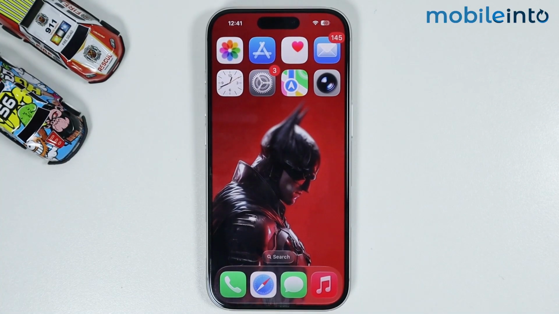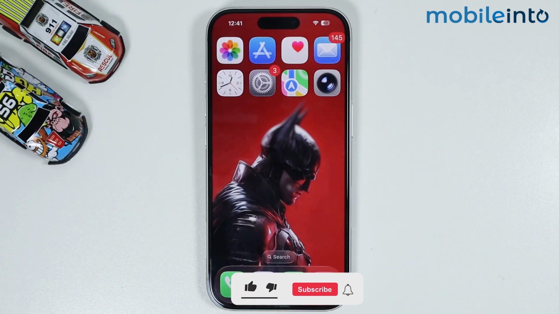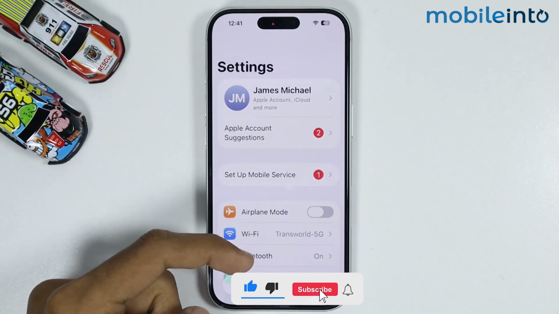Hey, what's up guys? So in this video, we will see how to fix action button mute is missing on any iPhone. Now, if the mute option is missing on the action button on your iPhone, just open settings, then